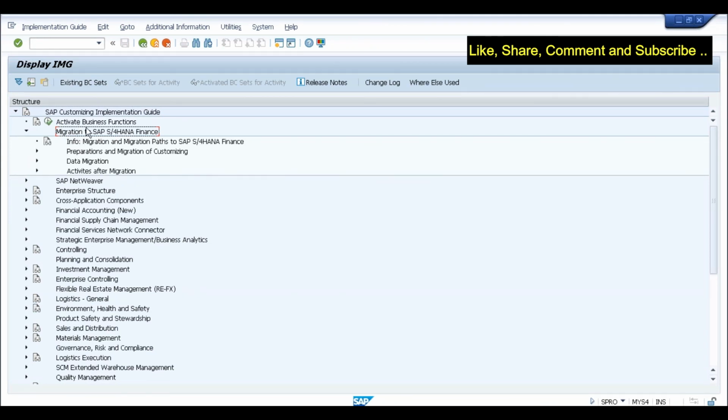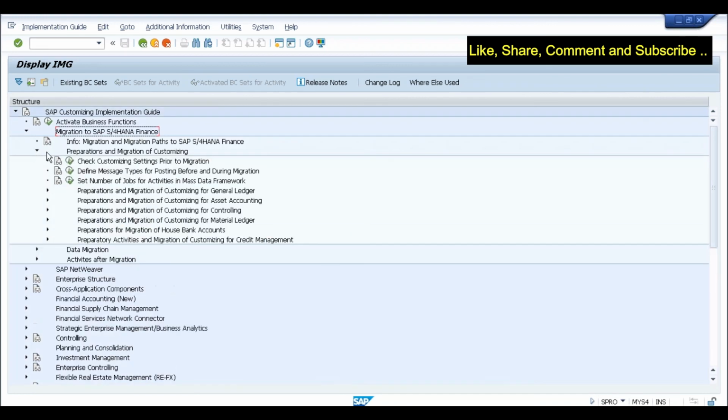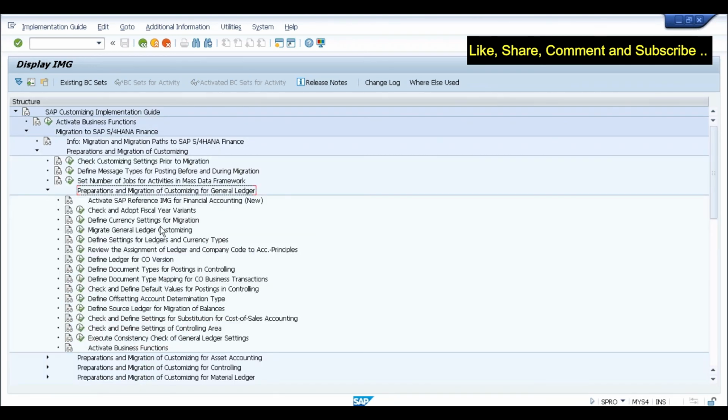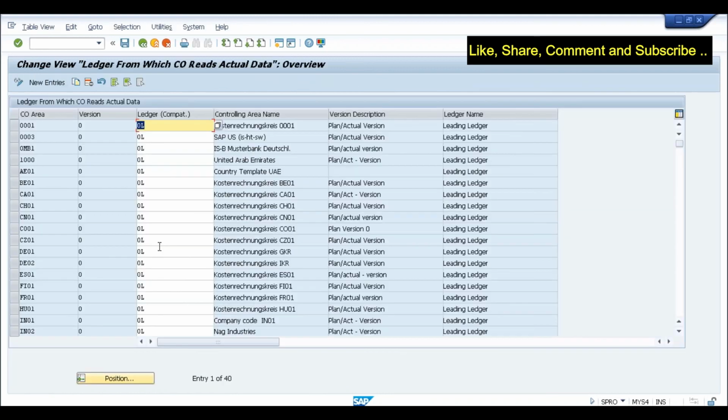In this you need to go to preparation and migration of customizing. There is preparation and migration of customizing for general ledger accounting. And here there is one activity called define ledger for CO version. For your controlling area, you need to assign the ledger to version 0.